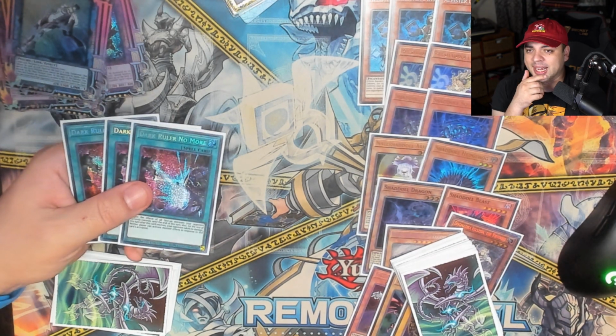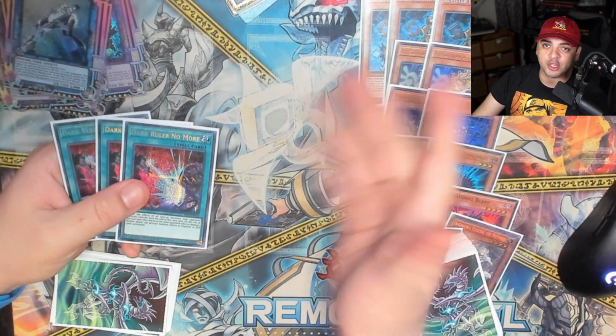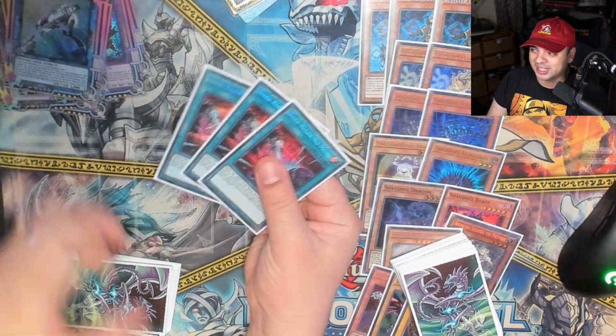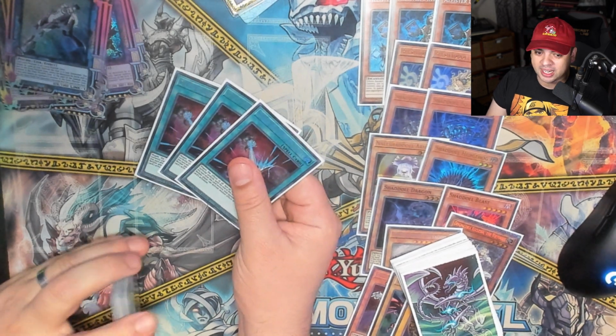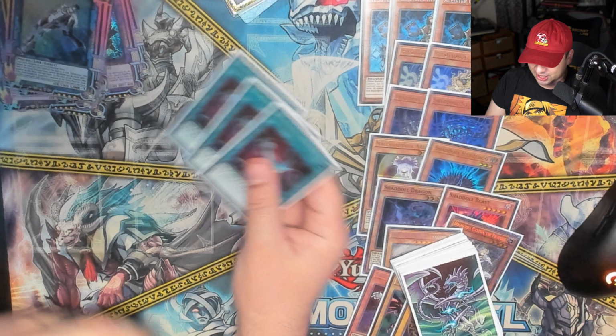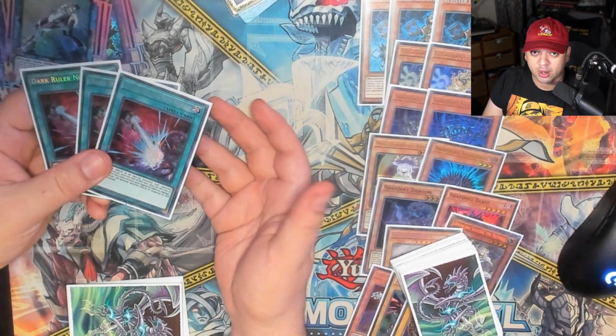Someone did a profile the other day, and they showed in the profile they main Forbidden Droplet, and I was like, you shouldn't give those resources away. Like, what are you doing? Your losses are because you ran out of gas because you burnt it all on a droplet. Makes 0 sense. With Dark Ruler No More, yeah, we can't kill them that turn, but we don't necessarily